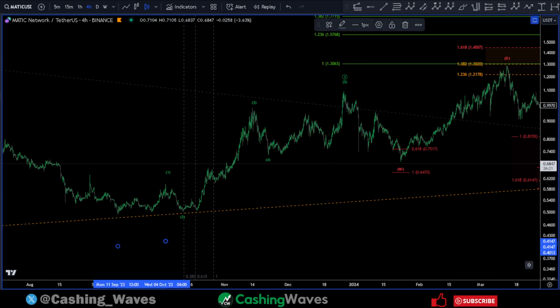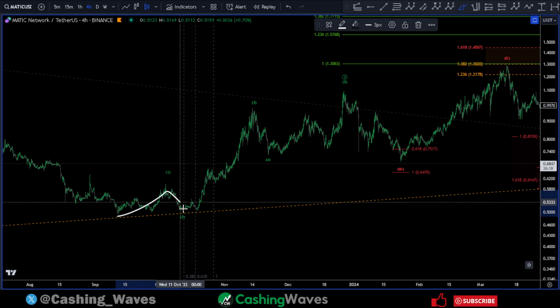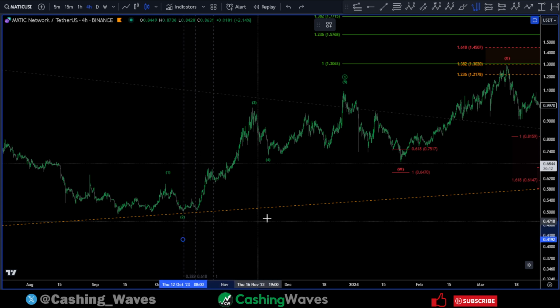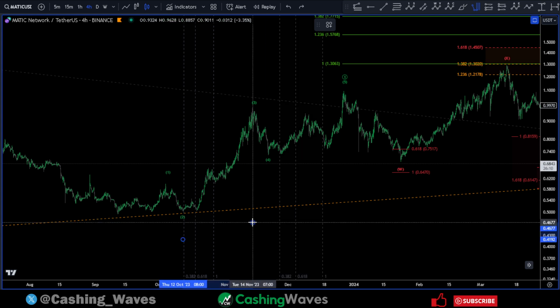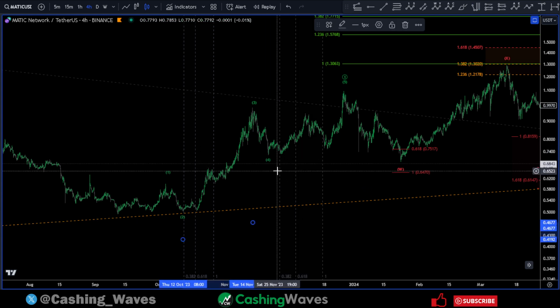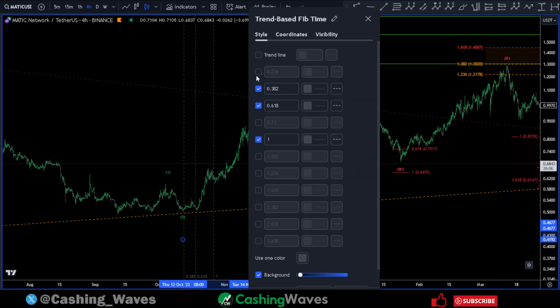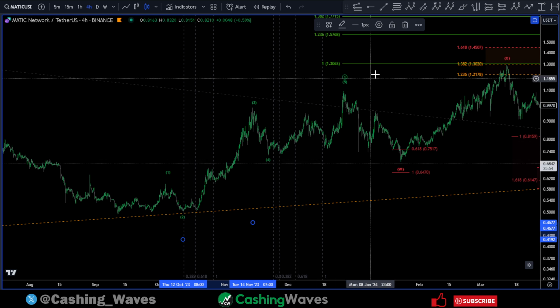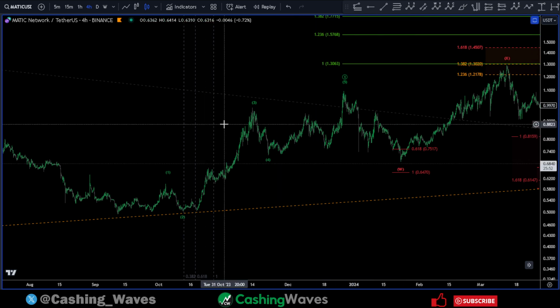So you can see if this was our wave 1 and 2 in our diagonal, we actually corrected 382 in time of that wave 1. If we do that again for our wave 3, you can see we didn't even get a 382. Usually I put on a 30 as my minimum requirement, just a guideline though. Let's see if we even hit that. No, not quite. So as you can see, in diagonals, we can get pretty quick